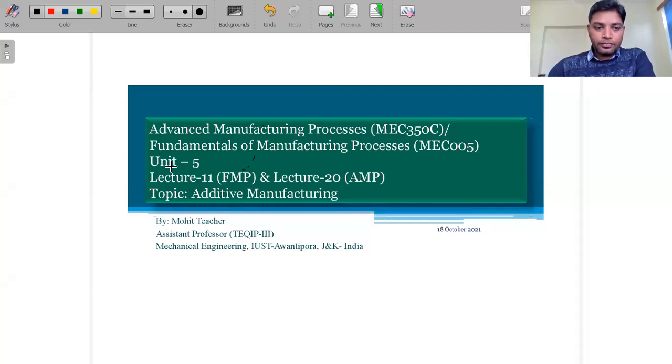Today we started the second unit, in which we discussed two of the castings, that is continuous casting and the evaporative pattern casting. There are two or three different types of casting remaining: ceramic shell casting, squeeze casting, and vacuum mold casting. But as I said, you should go for